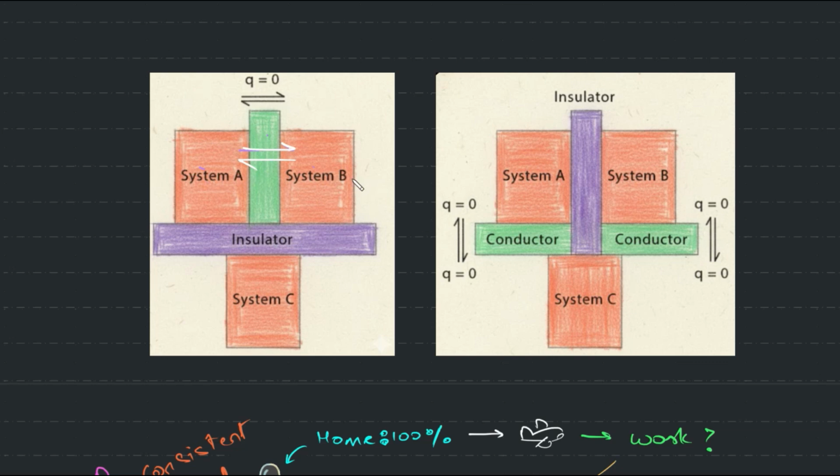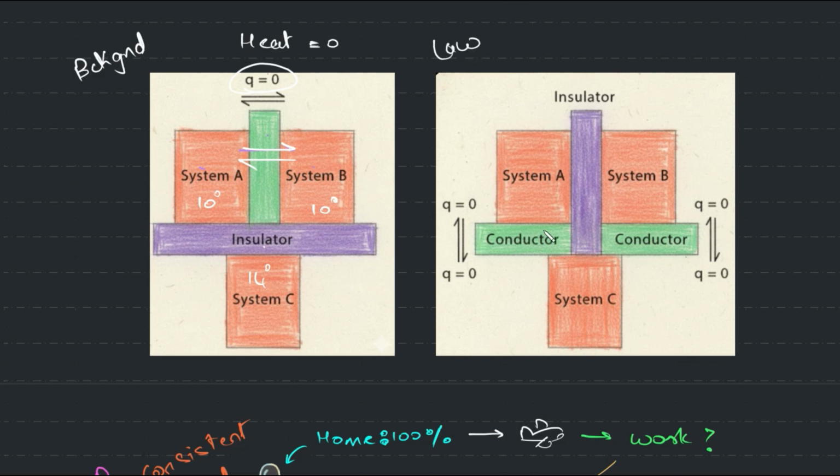So if I have two systems and the net flow of heat is 0, then these two are said to be in thermal equilibrium. While an insulator will see to it that system C is not affected by A and B. So this can be 10 degrees Celsius, 10 degrees Celsius, and this can be at 14 degrees Celsius. The insulator will see to it that this remains so. So this is a bit of background, and this is the actual law.